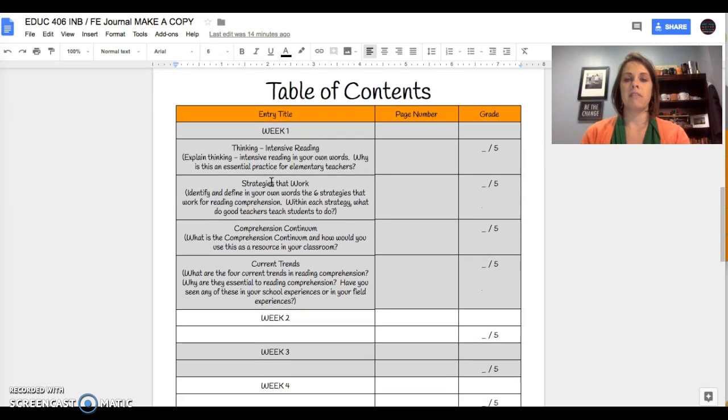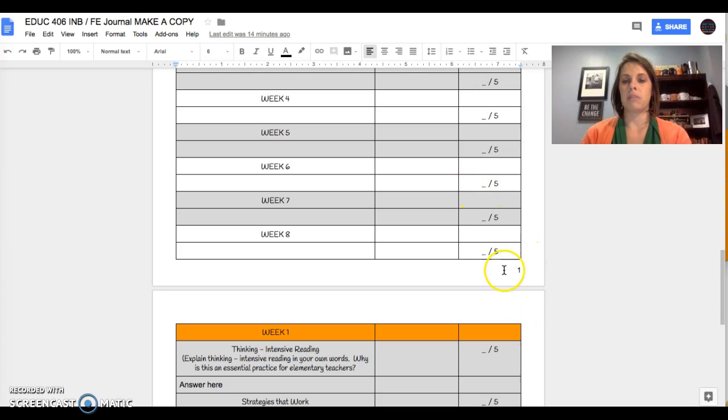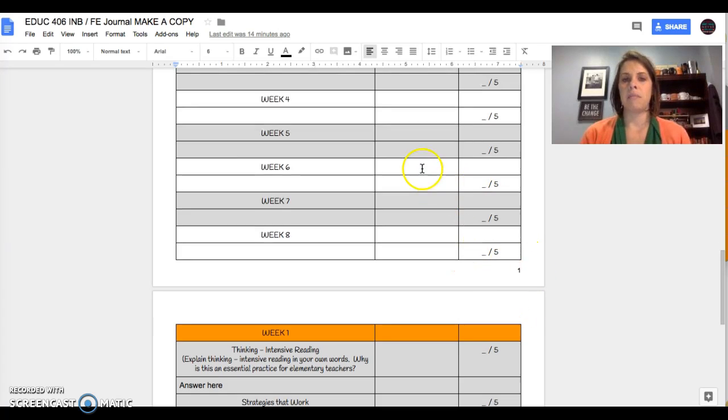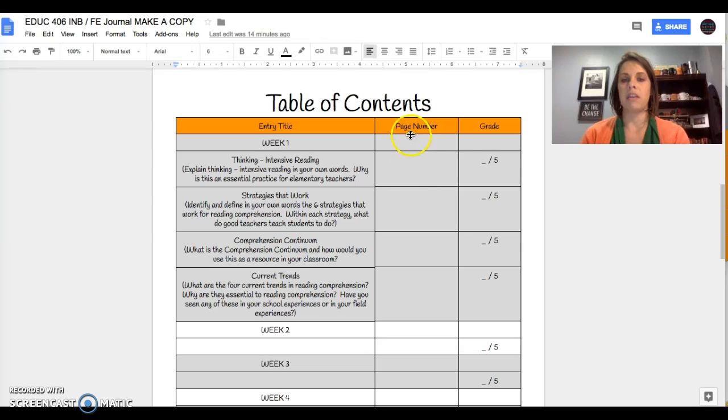If you notice, our pages are numbered down here, so you're going to have to keep up with your page numbers for the weeks you're using this and where this information is. That way, if I need to go back and see your current trends in reading comprehension, I know I can go to this page number and see. This is going to be your grade column, where you will have immediate feedback on how you're scoring. Each of these elements each week is going to be 5 points.